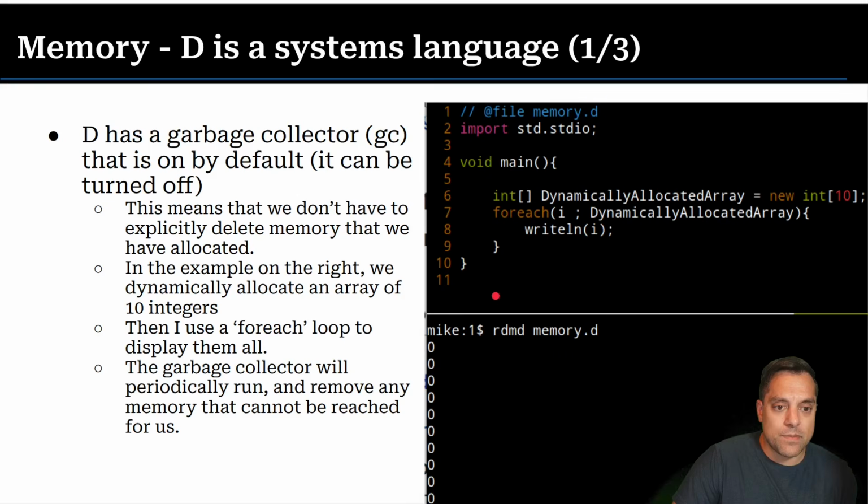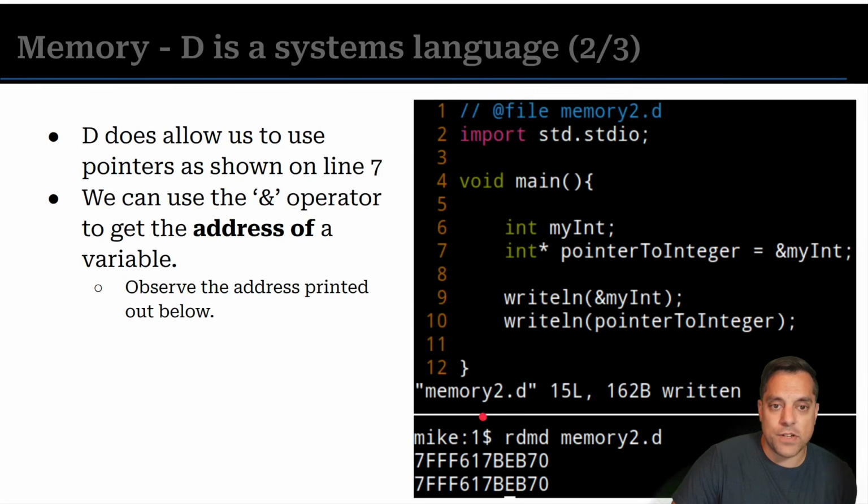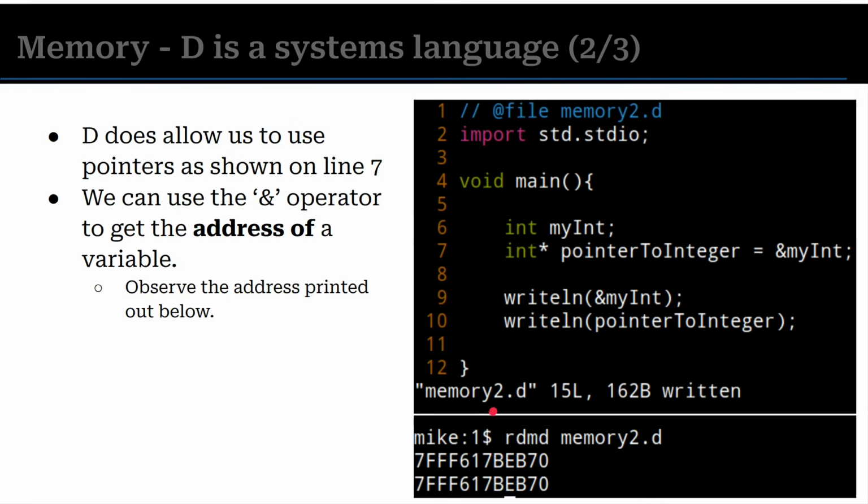Now from a memory perspective, let's get into some of the systems stuff here. Again, as I mentioned already, D is a garbage collected language. Here you can see I'm just allocating here with new, and then D will clean up after itself here. And I get a nice array here with zero initialized memory. I still have pointers. All that stuff we learned about pointers is exactly the same in D. So you can get the address of, you can create pointer types. That's all familiar.